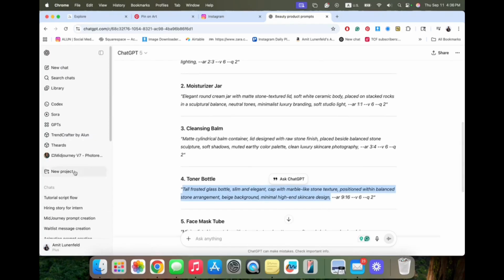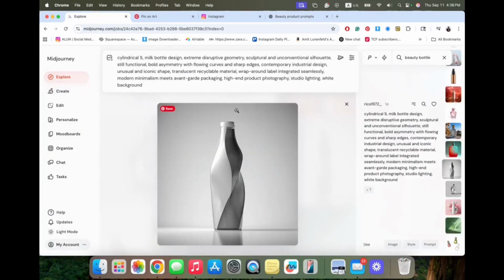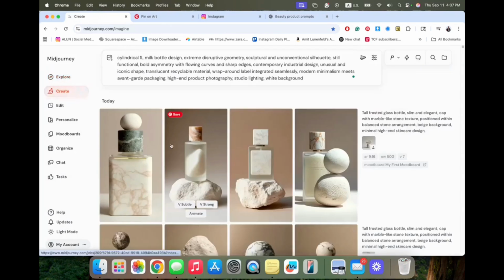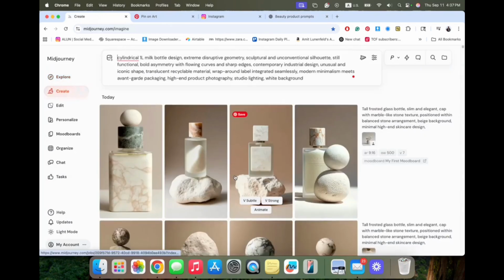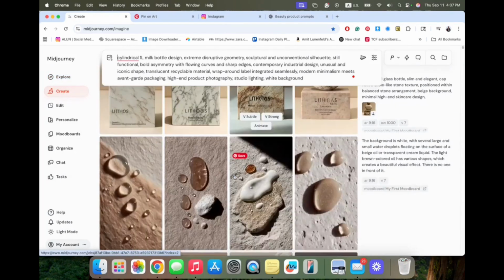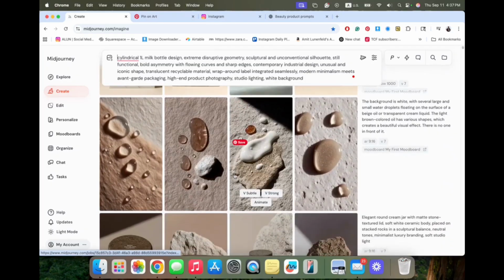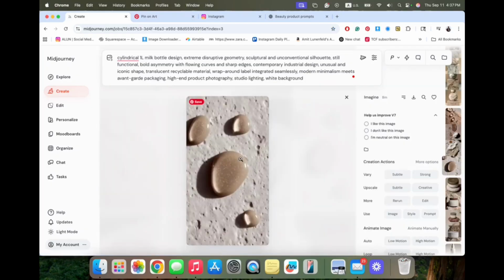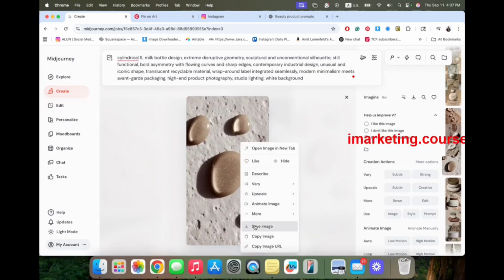And finally, we're going to Midjourney, start creating, playing with it, and rating images that we like and don't like. And if we want to save it, we click on here, save image. That's it. You've got the image. It's completely yours. Enjoy it.